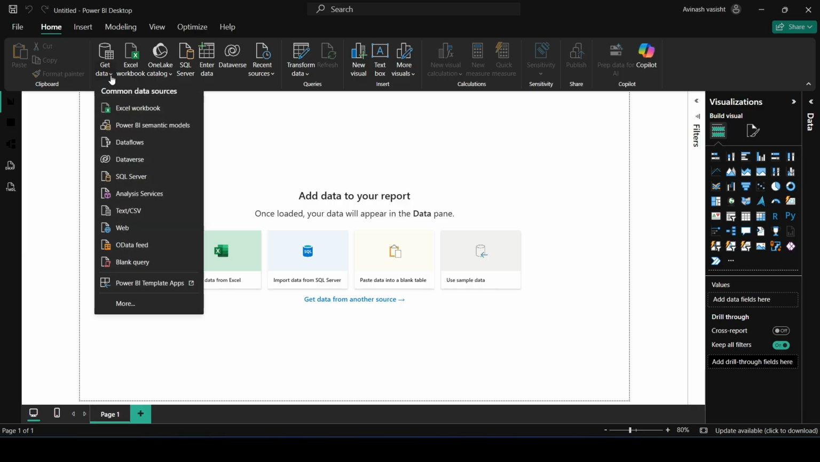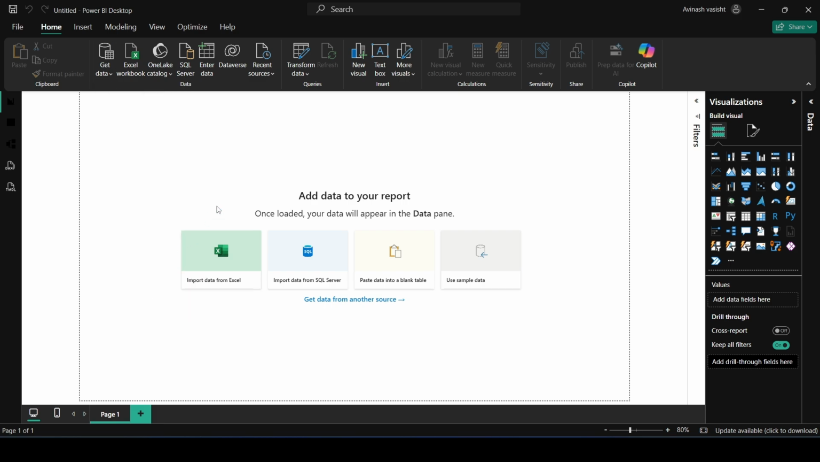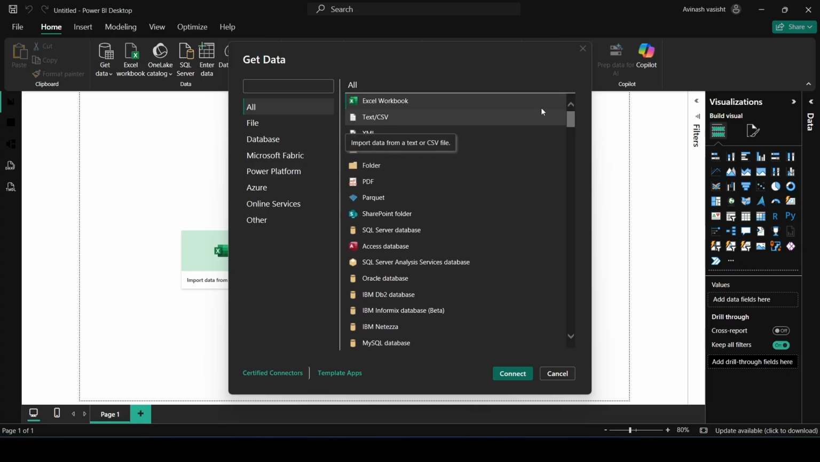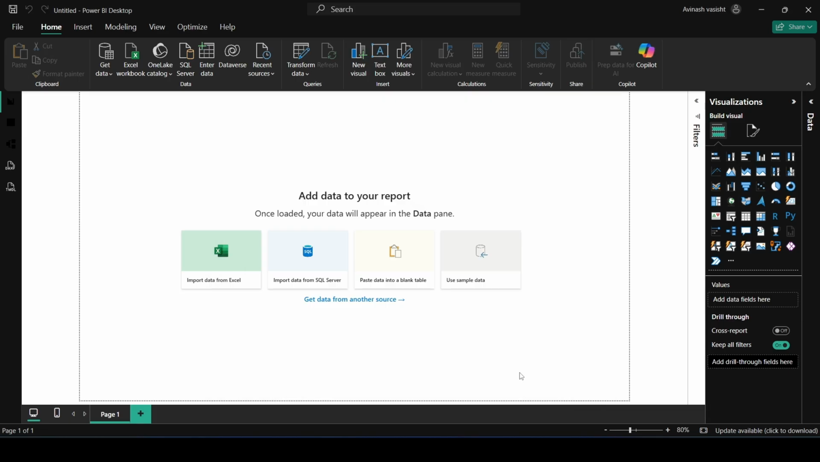We have to click on it, and there are multiple sources available. If your source is not visible, click on the More option. Then we can see multiple sources available, but we want to connect with only the Excel workbook. You have to select Excel workbook, then Connect,